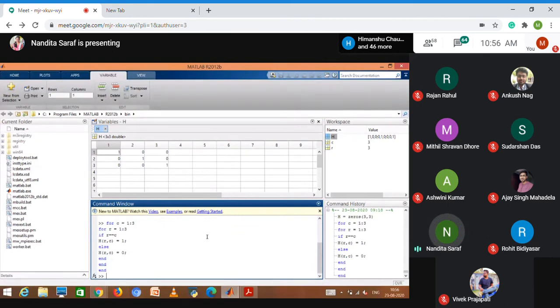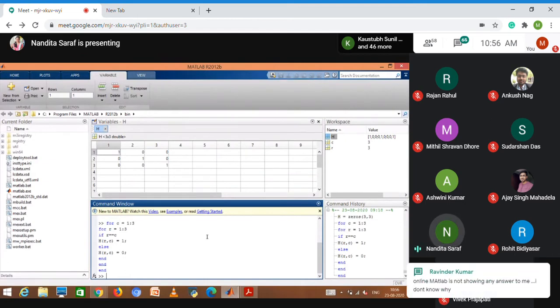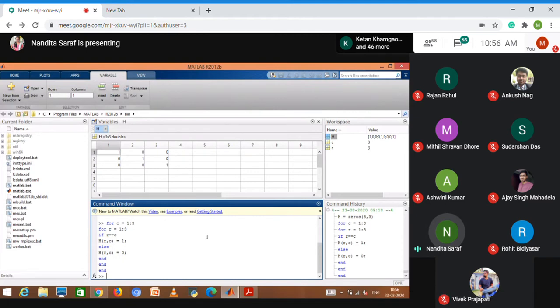You create an array of random numbers, then apply if statement. If that random number is divisible by 2 or it is even, just calculate the even numbers and odd numbers in that array of random numbers. Did you get it?